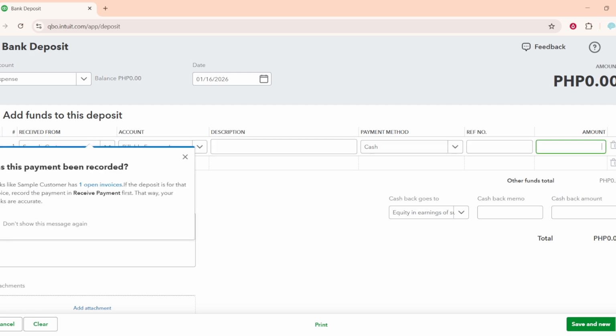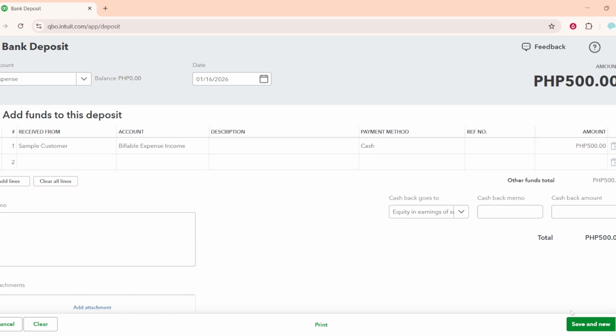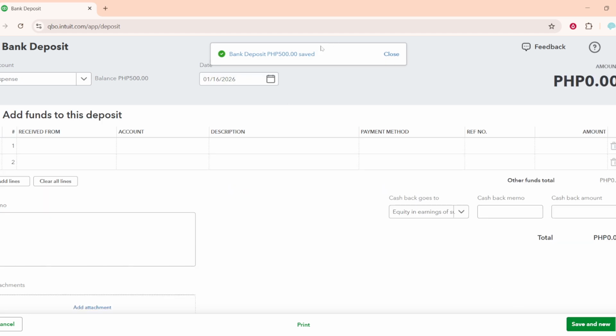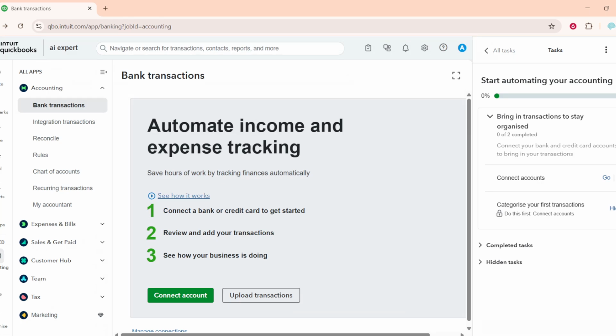record. Later, when you physically deposit the money or when it clears in your bank, return to Create, then Bank Deposit. Select the same bank account at the top, check off the payments you stored in undeposited funds, and complete the deposit. This step bundles individual payments into a single deposit that matches what your bank shows, making reconciliation smooth